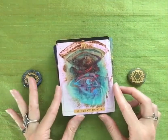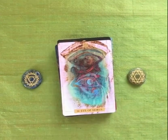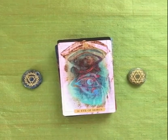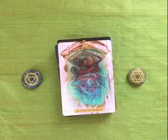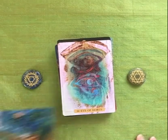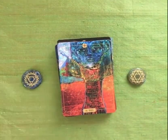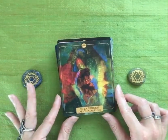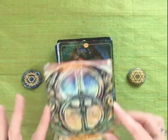The Eye of Horus. I was really excited to see these two because I have always really resonated with Egypt, so to have those deities brought in as well, I felt an extra connection to that time. And we have Isis. Guadalupe, and finally